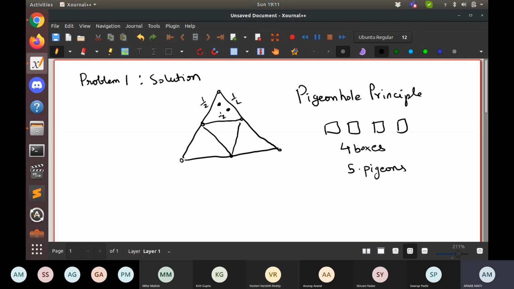And you want to keep the pigeons in the boxes. You can observe that one of the boxes should contain at least 2 pigeons, because there are fewer boxes and more pigeons. So that's the pigeonhole principle, roughly. Right, got it. Thank you.